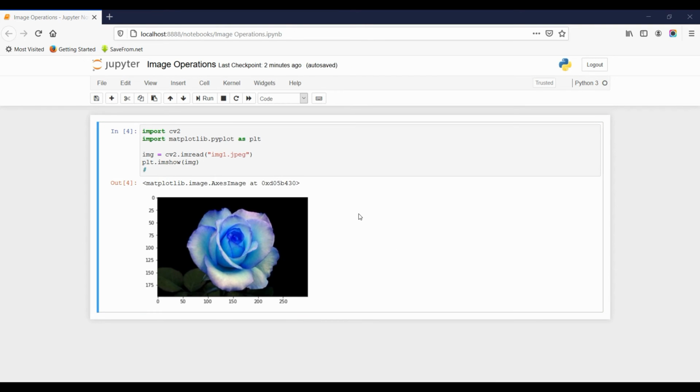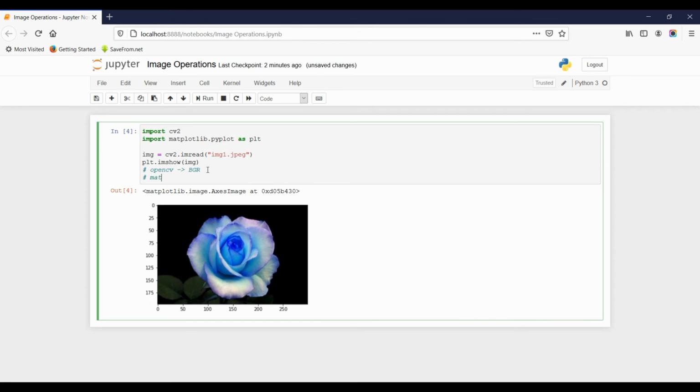The reason behind the different color of this output image is that OpenCV follows BGR order, that is blue, green and red order. Whereas the Matplotlib library follows RGB order.